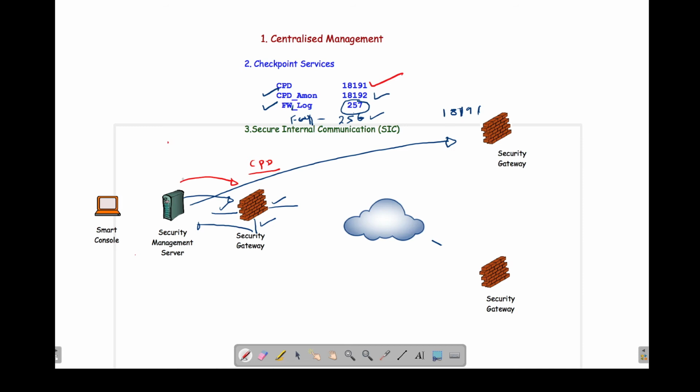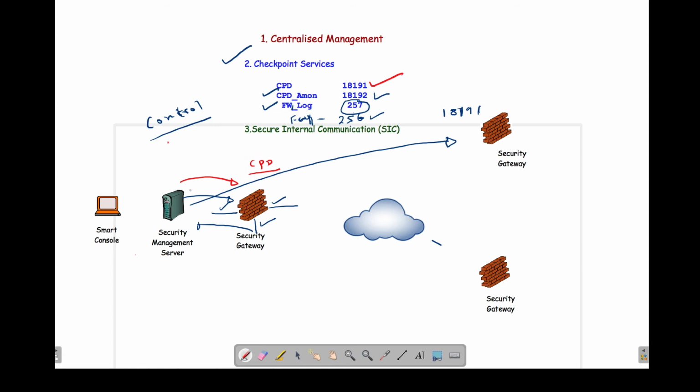Like that, whenever the management server wants to do something on the firewalls, or when the security gateways want to send logs or communicate with the management server for some reason, they open connections to checkpoint services. These connections are called control connections. If any connection is opened to the checkpoint services, we call it a control connection.